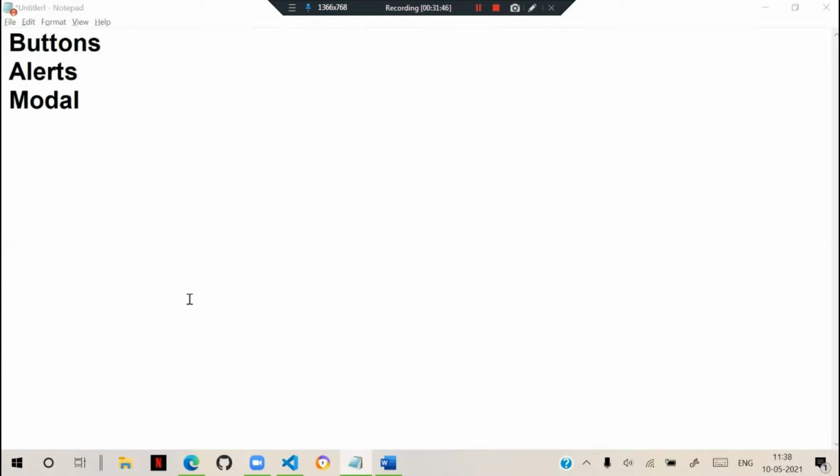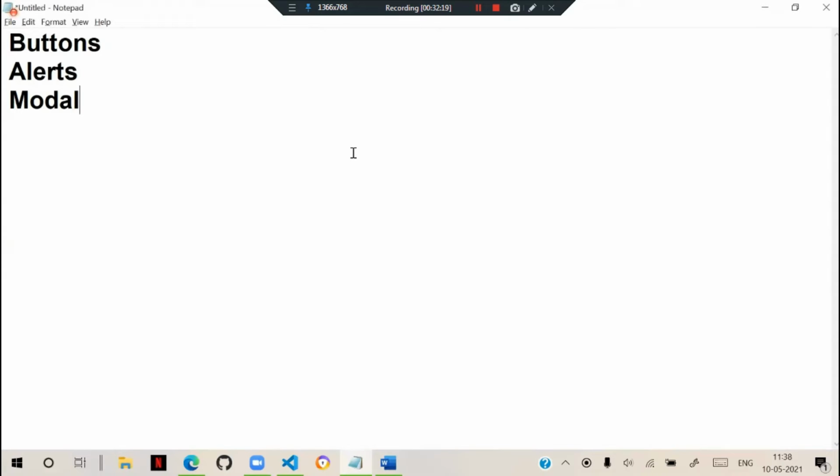So the difference between alert and modal is that alerts are embedded into the page, right? Alerts are embedded into the page. They don't pop up outside the page. And modals pop up and display onto the page, right? That's the basic difference you need to understand.